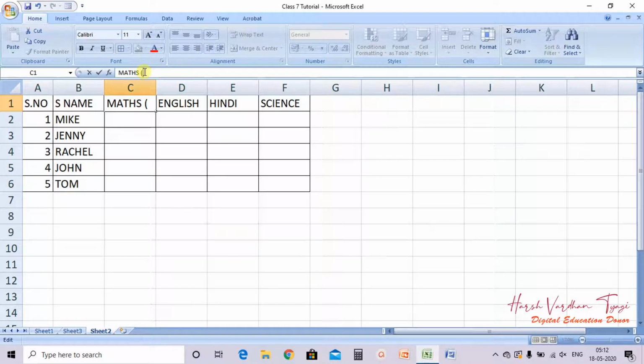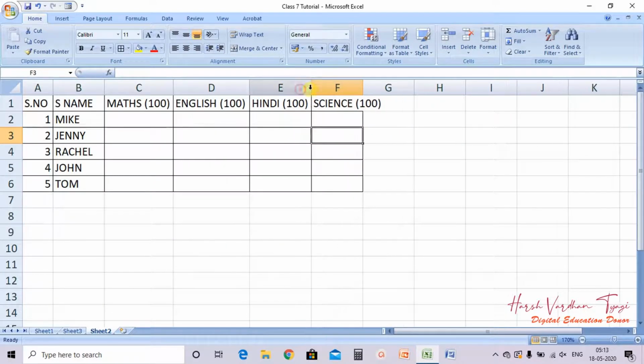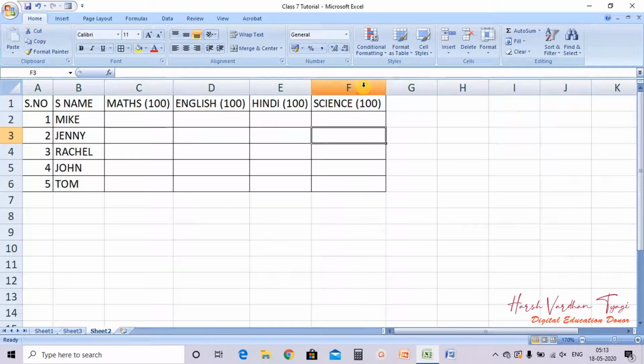Maths marks should be out of 100. English also out of 100, Hindi 100, and science 100. Clear? Now we have given the subject names and the maximum marks.